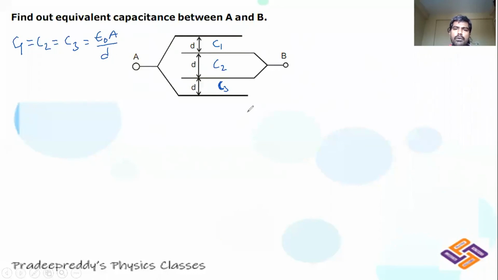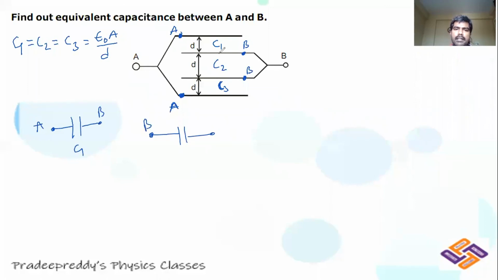Right. Now, you identify the potentials of each capacitor plate. A is connected to this one, right? And this one. Therefore, what will be the potential here? A. What will be the potential here? A. Next, this is connected with B and this is also connected with B. Now, first capacitor C1 is connected to points A and B. Second capacitor is connected to B and B.